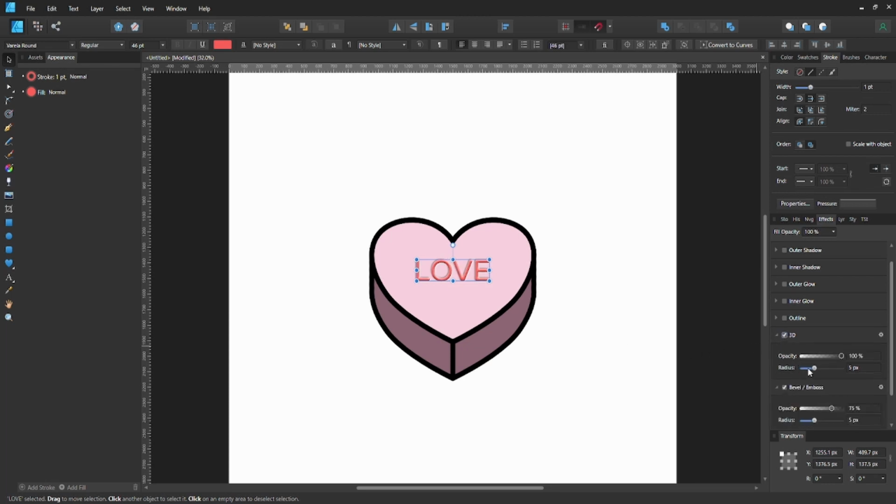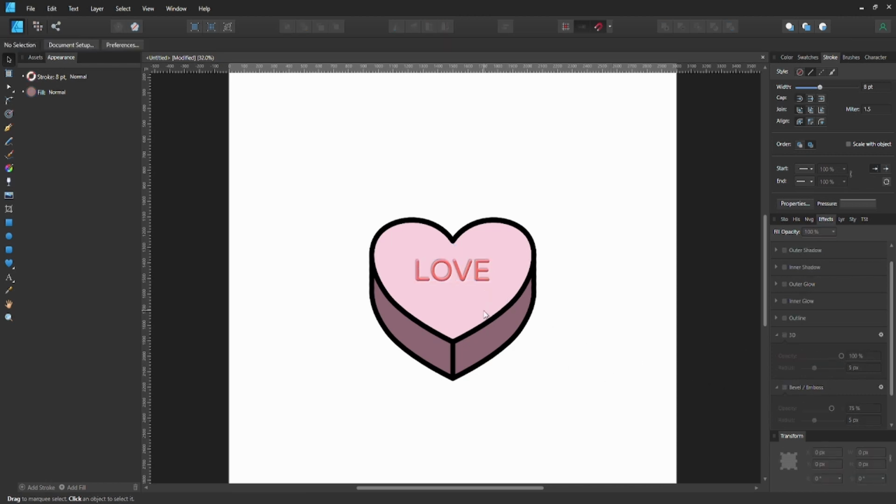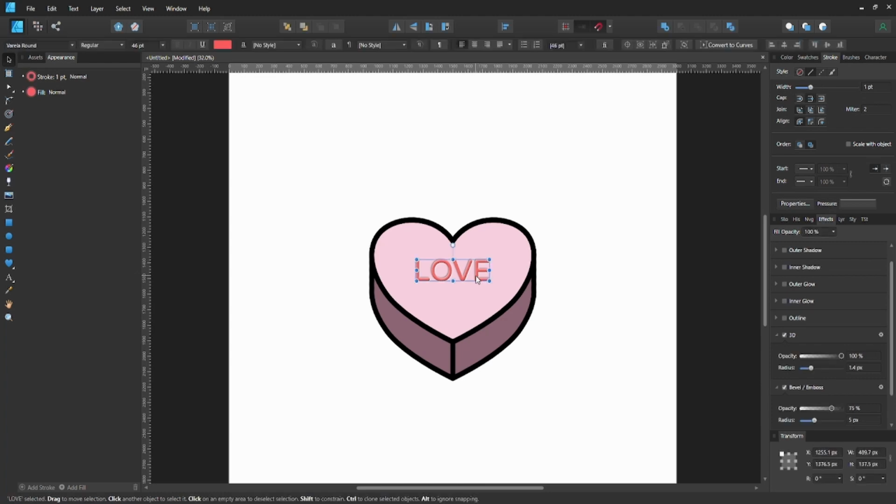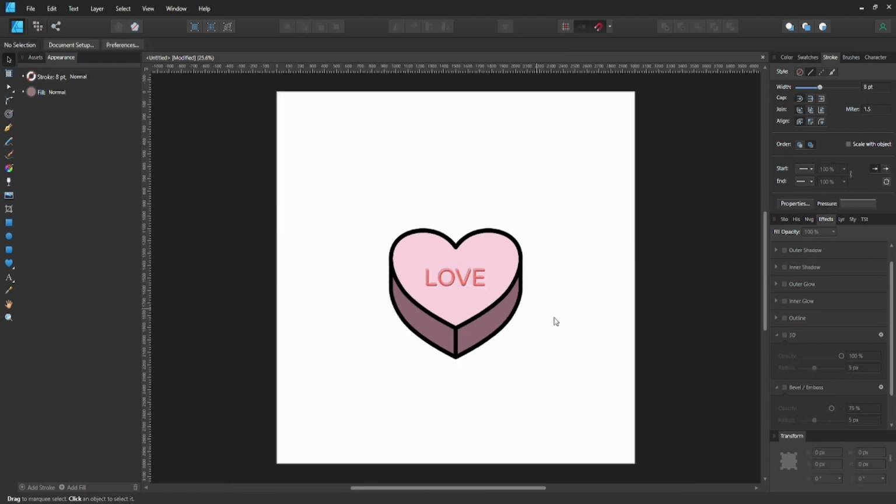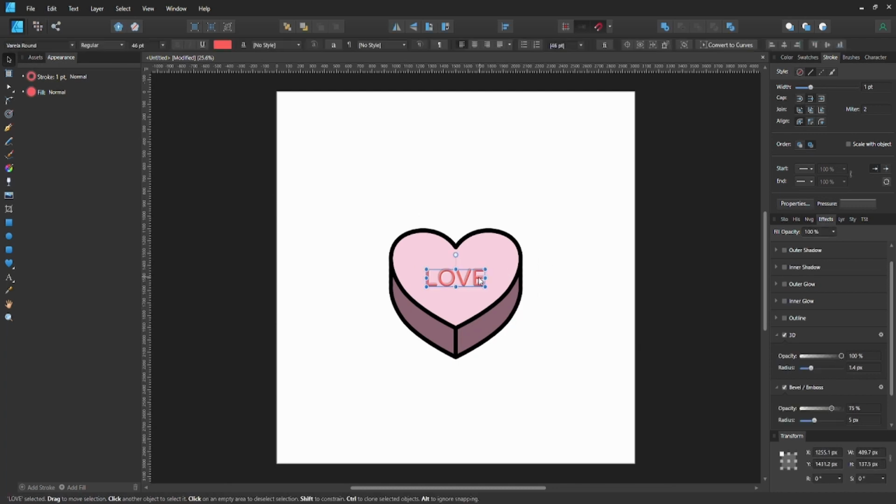And then for our 3D, we're gonna do the same thing. Just add a little bit of 3D effect to this, and we're gonna lower the 3D percentage down to 1.4%, so it's not so harsh. And opacity, we'll keep it at 100%, and now it looks like it's actually kind of in the heart itself. And we could just lower this guy a little bit more, and boom,